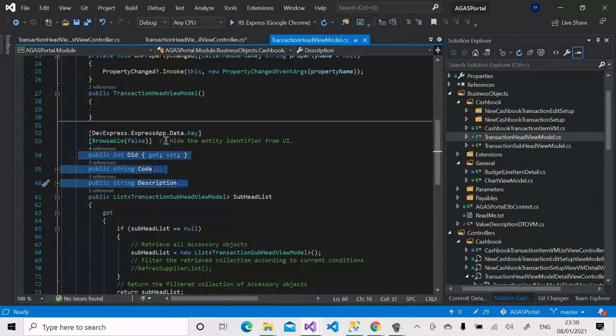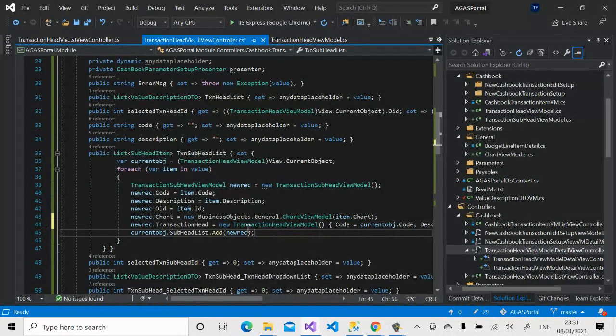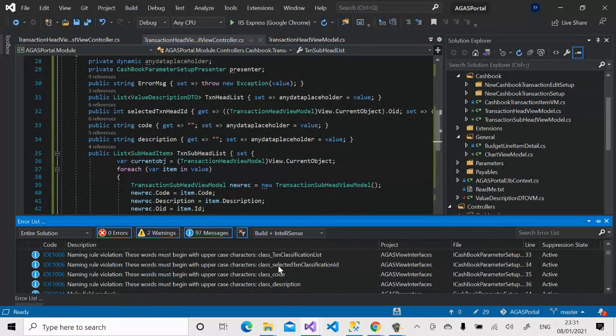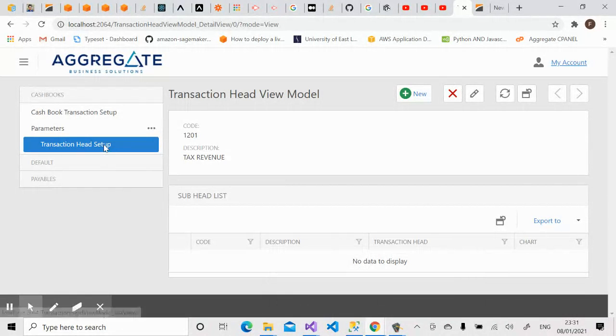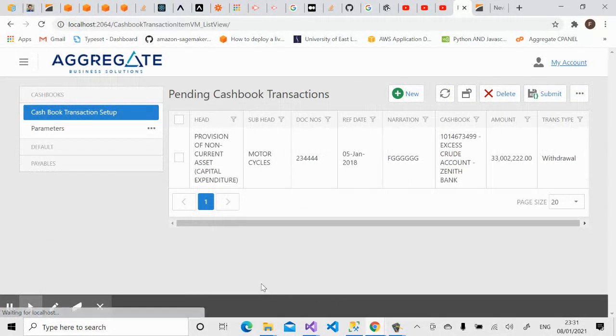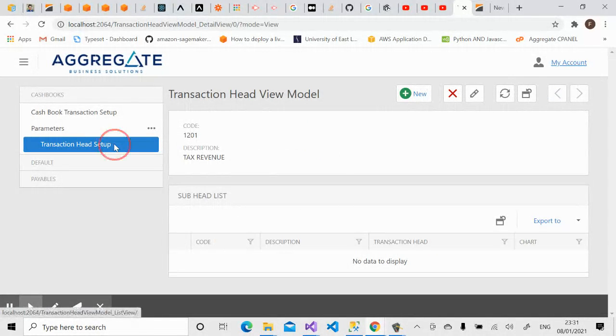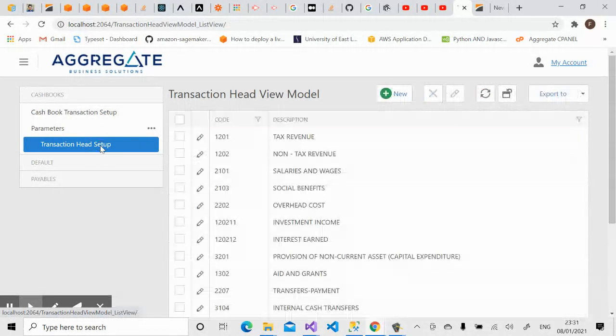These are the three things that are required to relate the head and the subhead together. Okay,